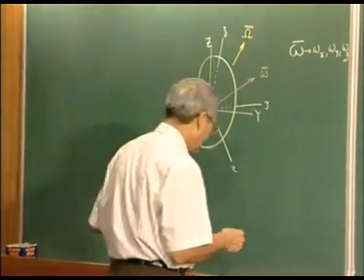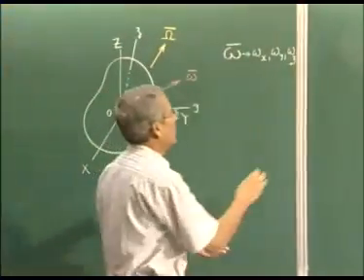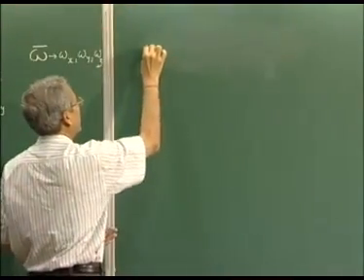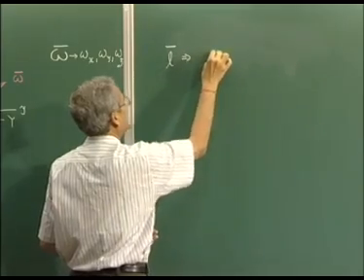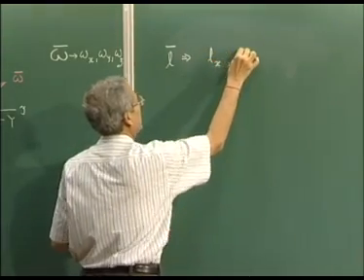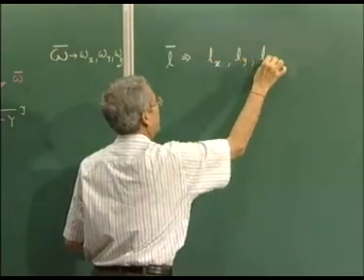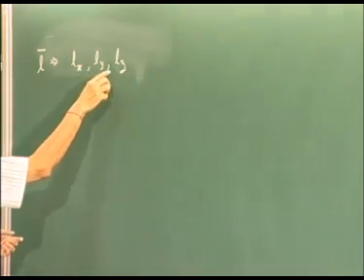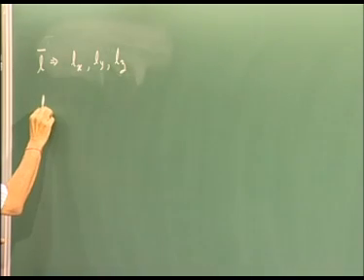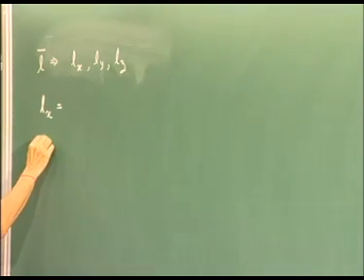So, we have the angular momentum vector L, which can be expressed in the form of 3 components Lx, Ly and Lz. And we have seen the expression for each of Lx, Ly, Lz